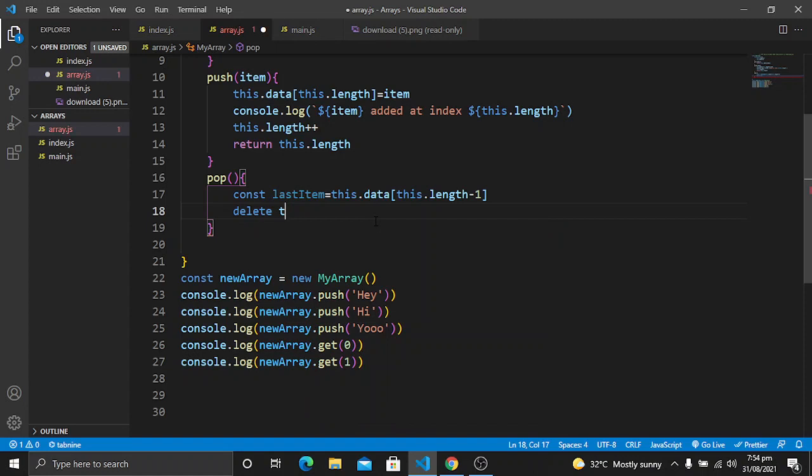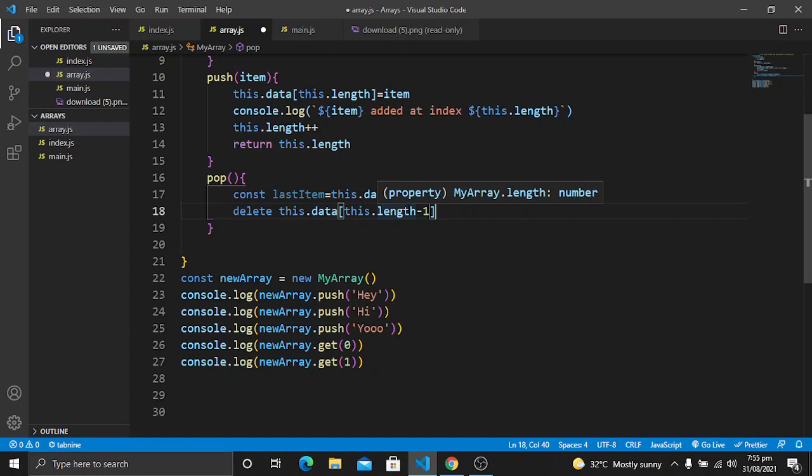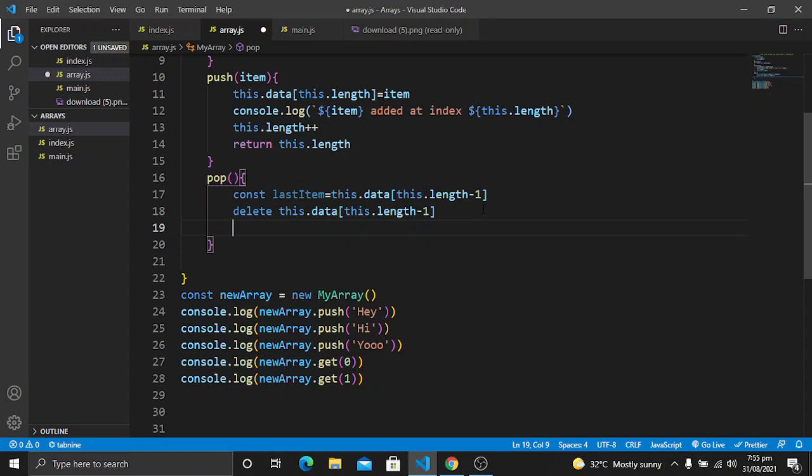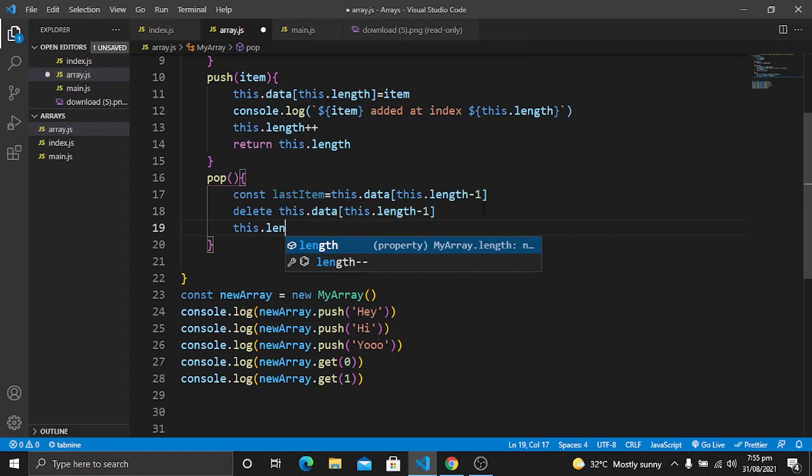Let's use this.data and this.length minus 1 to remove the last index, or we can say the last item in our array. Now when we remove the item from the array, we want this.length to decrement, because if our array has a size of 5, when we remove the last item the size of the array will be decreased to 4.